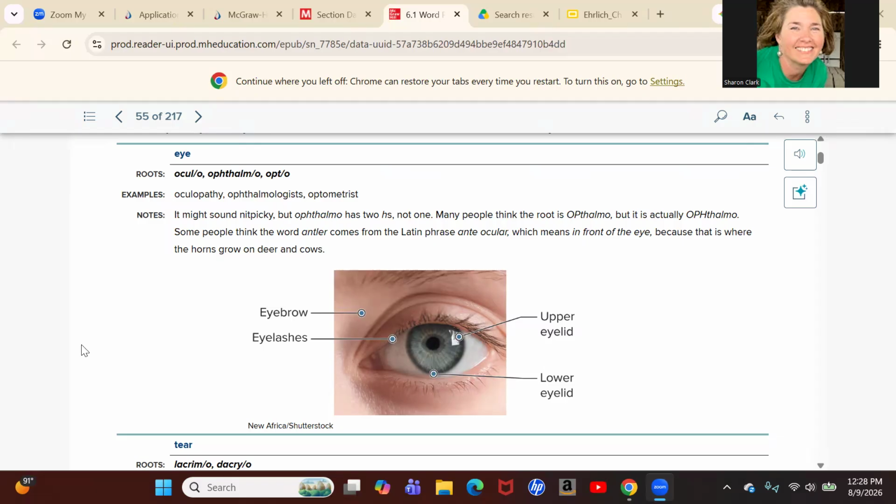Chapter 6, the sensory system. We're going to be looking at the eyes and the ears, so ophthalmology and otolaryngology. When you think about your senses, we're going to be focusing mainly on the eyes and the ears here, but